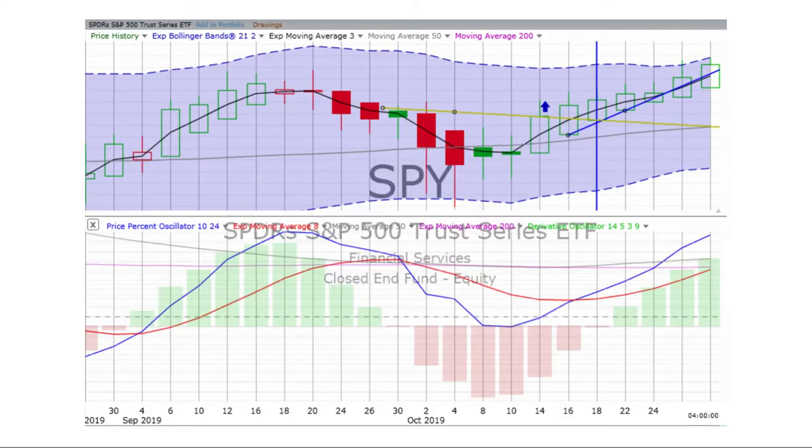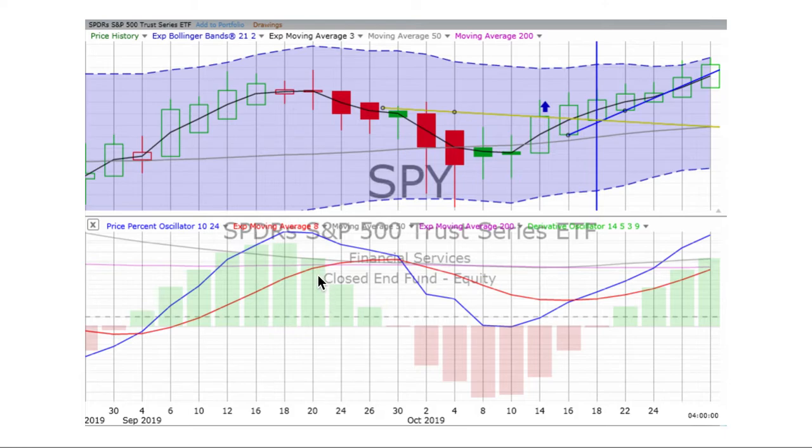Now, when we look at indicators, we follow two of them. We follow the price percent oscillator, which is a blue line on the bottom half of our chart, and the derivative oscillator, which are light green and red boxes depending on which way they are oscillating, and they complement each